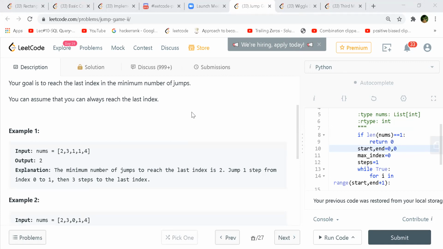If you jump, like in this case, from the zeroth position you have 2. So 0 plus 2, so you can reach at most up to the second position. It's a zero-based array, right? So when you are going toward the end, you find many numbers in between also. Then you can look at those numbers and construct your next jumps. And then you have to find the minimum number of jumps required.